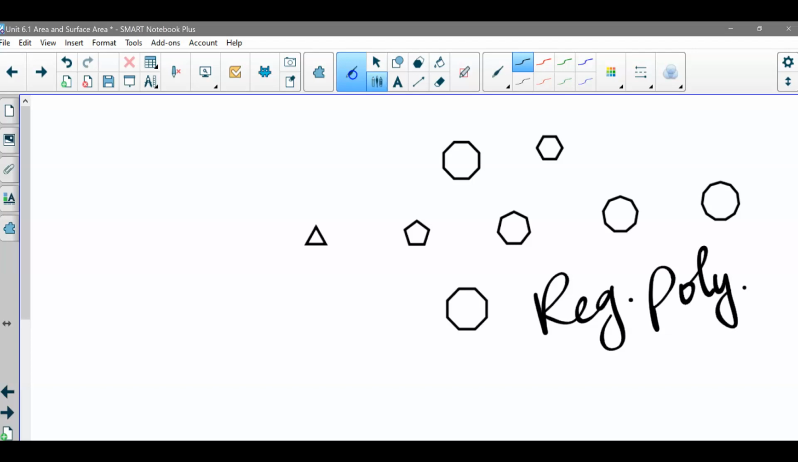So regular polygon, I don't know why they just don't call it like equilateral polygon. It was just some regular guy with a regular life and a regular name. And I regularly tell you to